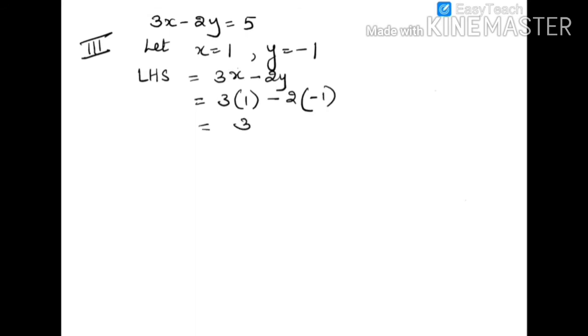This is equal to 3 plus 2, which is equal to 5, and that is equal to the right hand side of the equation. So we have another set of values that is satisfying this equation. So we can say that 1 comma minus 1 is a solution